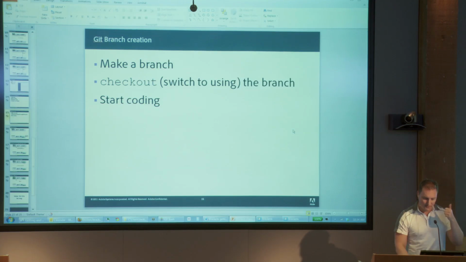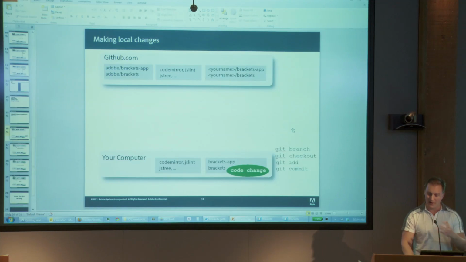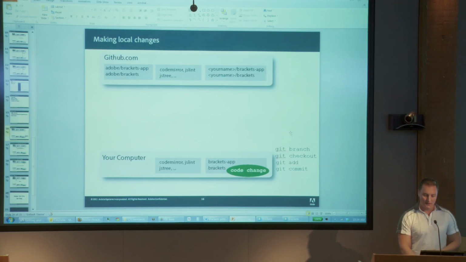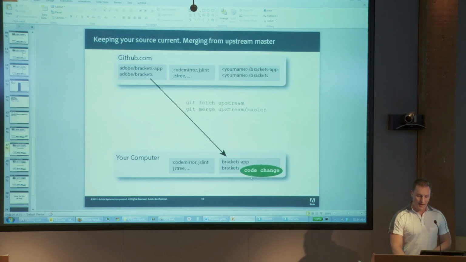Okay, we made our branch. We did checkout. Actually, I coded before I did this, but that was okay. So let's go through and watch this code move from my computer up. Here's my code change, and before I push this back up,